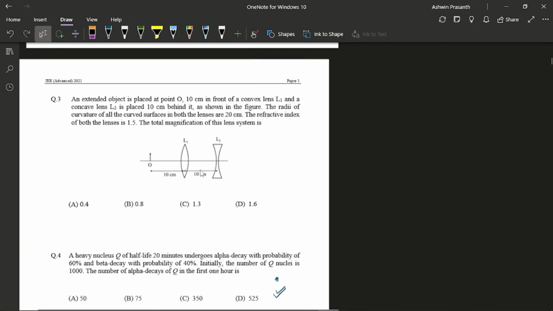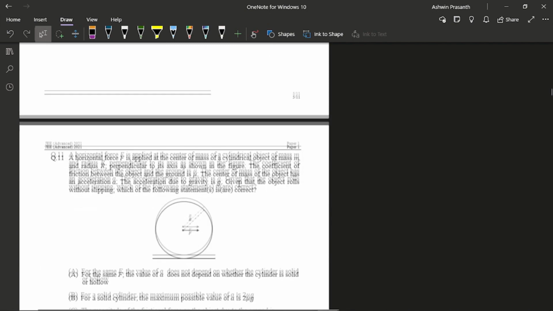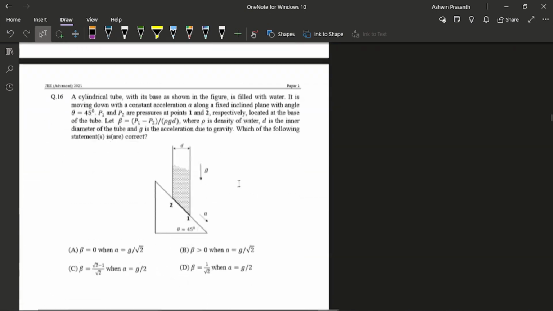Then finally, this was the last question in that section. I knew it would go lengthy because there are many events to consider, but still I started solving it because I knew the concept. But that was a mistake I made because I made some calculation mistake and the answer was not matching. So I spent about 3 to 4 minutes there without getting the answer. So I just left it for now. So after getting stuck at that question, I moved on to chemistry. So again, I went to section 1 of chemistry.